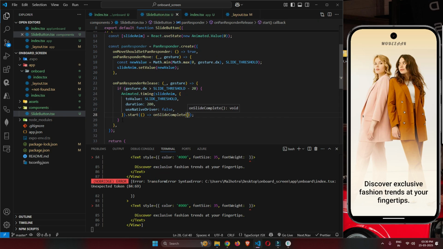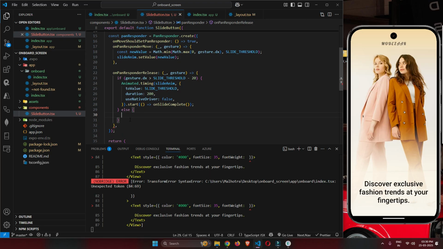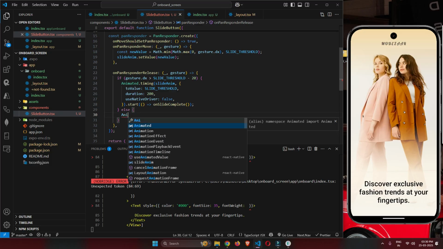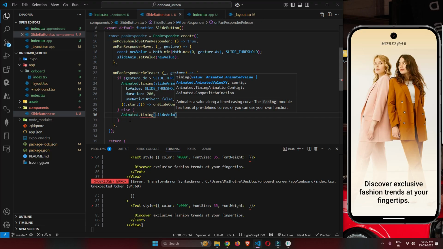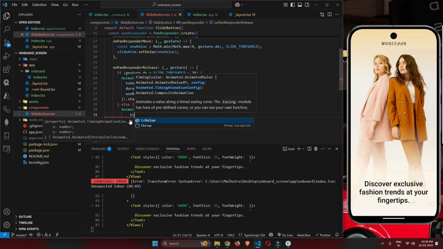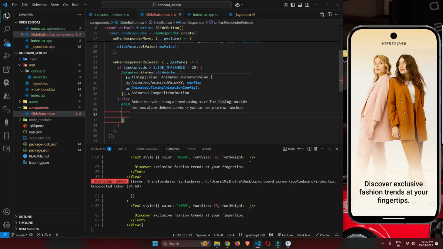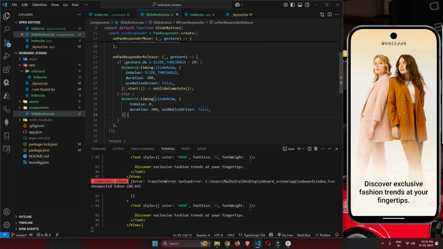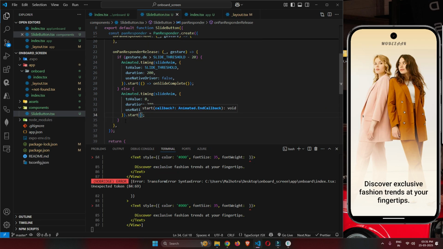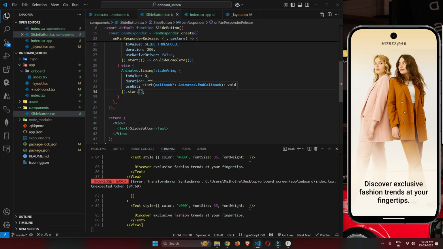Okay, and now we need to add an else part. So this is done. We can say else Animated.timing slideAnimation toValue 0, duration 200, useNativeDriver false, start. Okay, so after this all done,